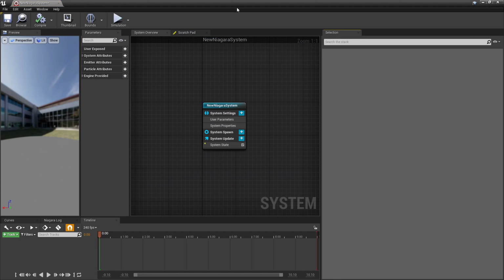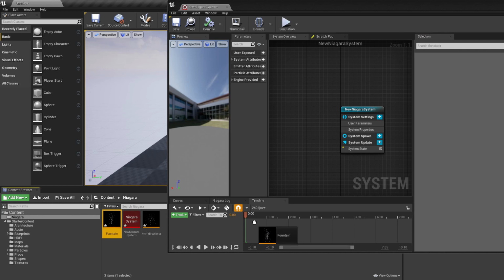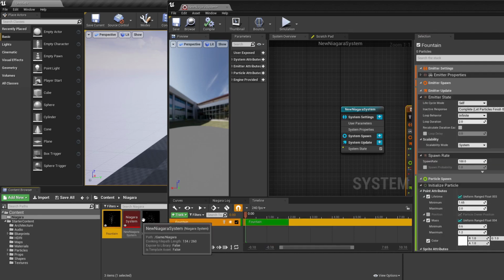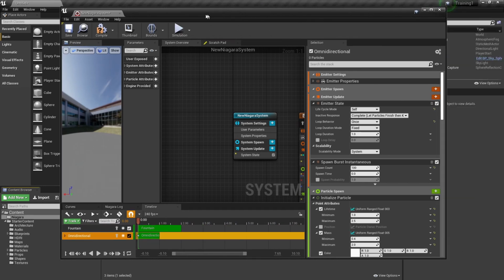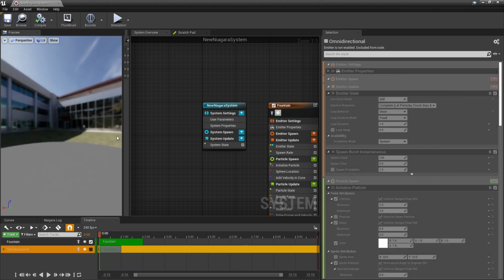On this, I'm going to drag the fountain into the timeline as well as the omnidirectional system into the timeline. Now, let me just keep the fountain on. If you see the fountain system, as I play it, there are some particles emitting and they die after some time.